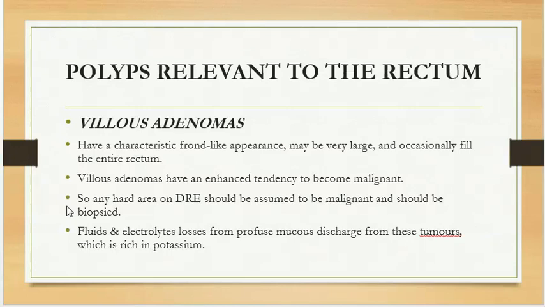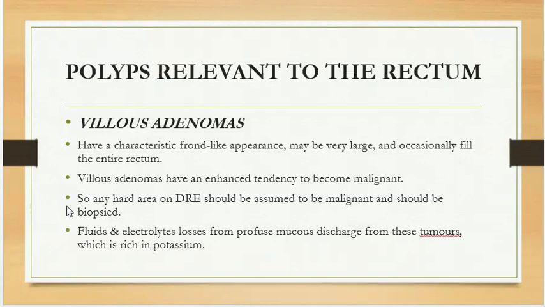The tubular adenomas or mixed tubulovillous adenomas are the most common type of polyp in the rectum. Keep in mind, again I repeat, tubular adenomas or mixed tubulovillous adenomas are the most common type of polyp of the rectum. They have the potential to turn malignant, particularly if the size is over 1 centimeter.